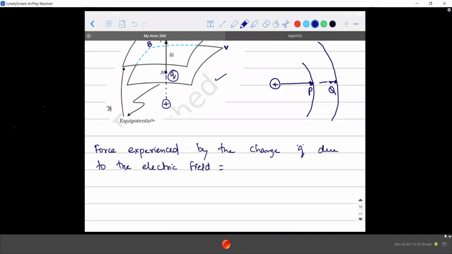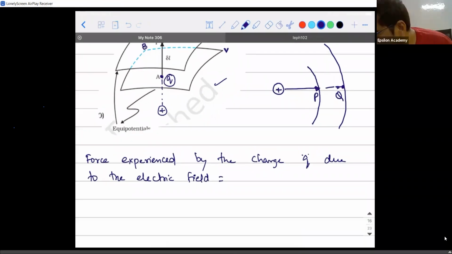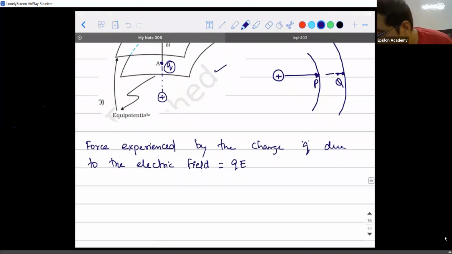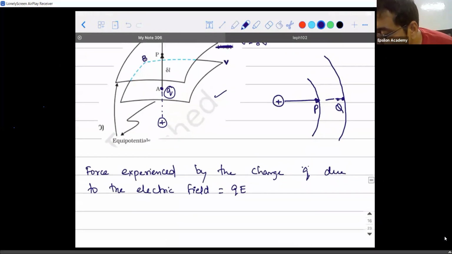It will be QE, right? Q into E. Accepted? The next question is, if the distance between the equipotential surfaces is delta L,